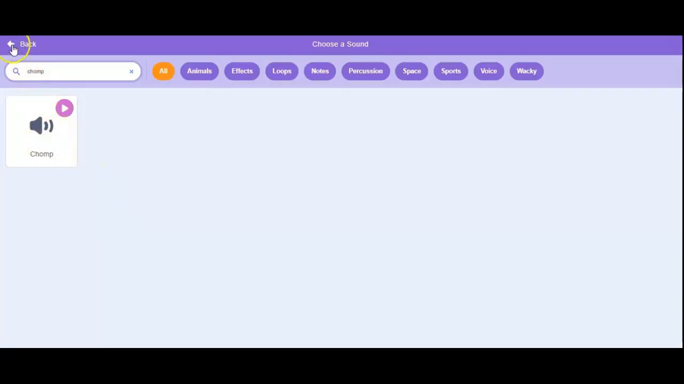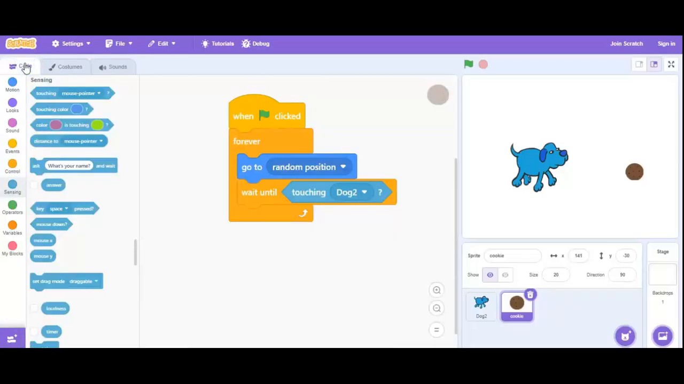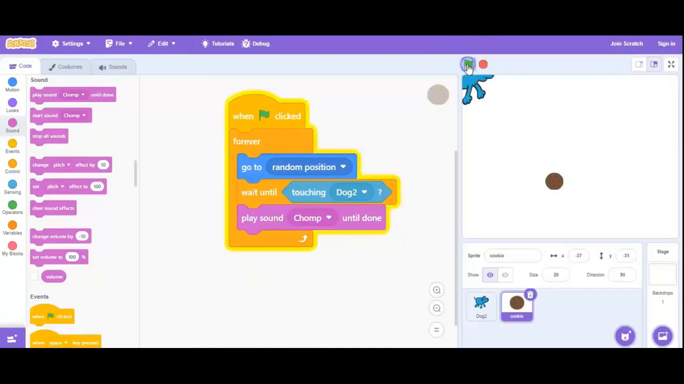Once you've got the sound you want, go ahead and go back. Whoop, I didn't select it. I just clicked on it. All right, so once you find sound chomp, click on it. Now you can see it's added to our list of sounds for our game. We're going to leave it selected. We know it's selected because it's highlighted in purple. Now when I go back to the code, I can see all my code. Going to go here to the sound tab, play sound chomp until done. When we get into sounds a little more, we'll get into starting a sound, stopping a sound, things like that. But now, if I go ahead and click my green flag,